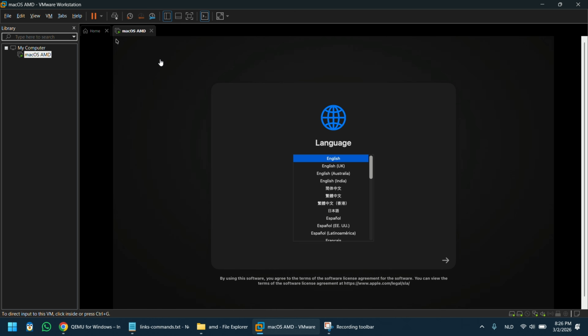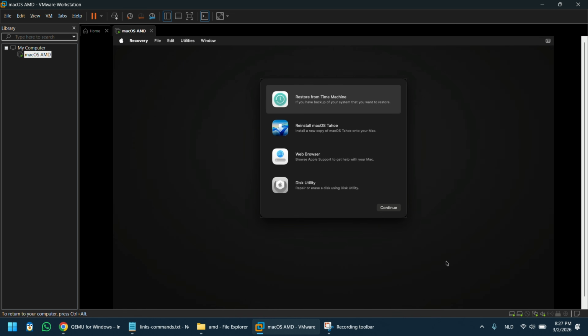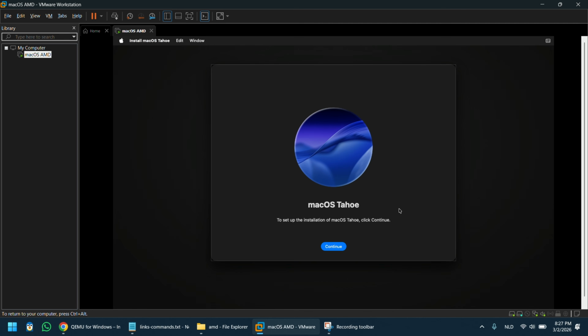After a bit of waiting, about 2 minutes in my case, we get to the language selection. Here, select the language of your preference and click on the arrow on the right. At this point, we ended up in macOS recovery, and from here we can click on Reinstall macOS Tahoe. There is no need to go to the disk utility as the OC4VM template already contains a pre-prepared virtual drive. Click Continue,